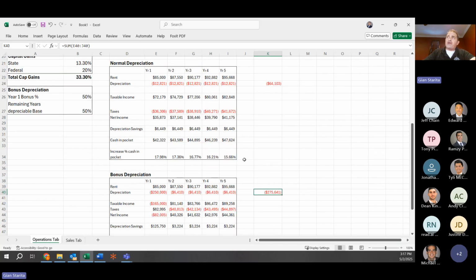Let's say for whatever reason, on the normal depreciation schedule, that's the one they use. Let's say I could have taken depreciation and I didn't take it. I think the IRS calculates it as if you had taken it and you pay taxes on it. So you should be taking depreciation every year. That's something you might want to double check with your accountant, but I remember hearing, Jonathan, do you know that one off the top of your head?